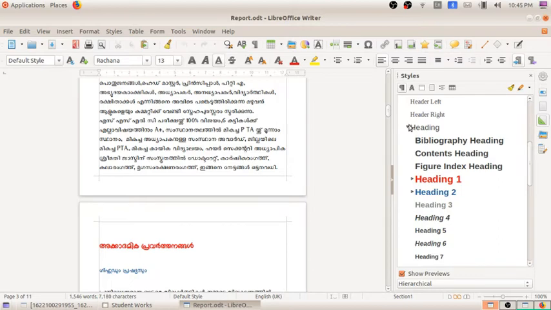When we open the heading section, you can see the style Heading 1 for the main headings, and the other style Heading 2 for all the subheadings. Basically, if we are opening a report for giving styles, for the heading we choose Heading 1, and that Heading 1 style is placed under the section Heading. In the same way, for the subheading we give the style Heading 2, and Heading 2 is also placed under the section Heading.